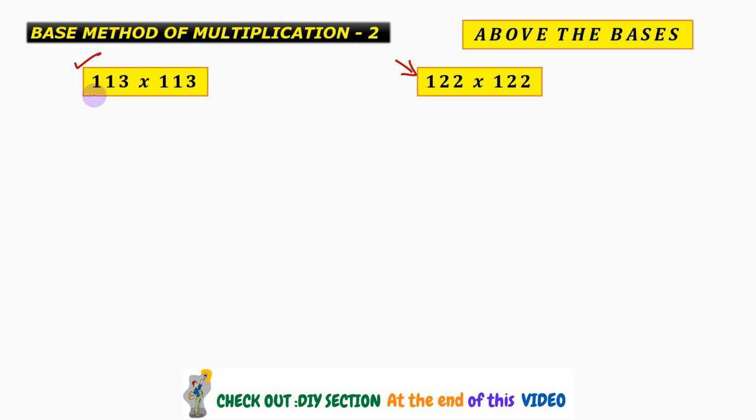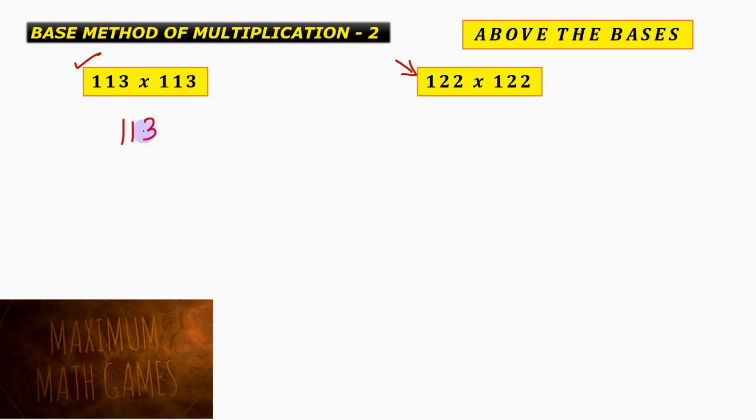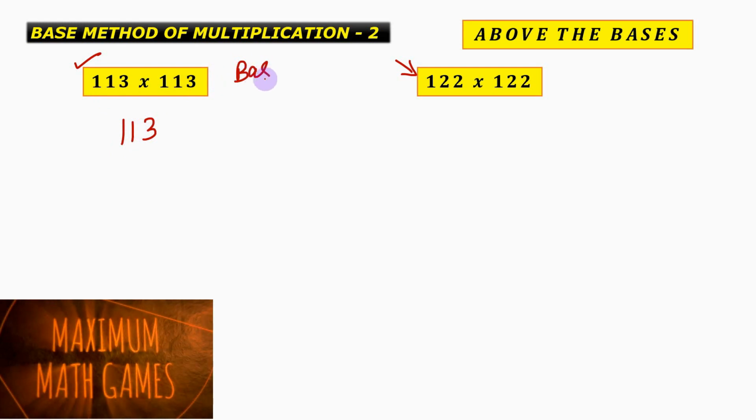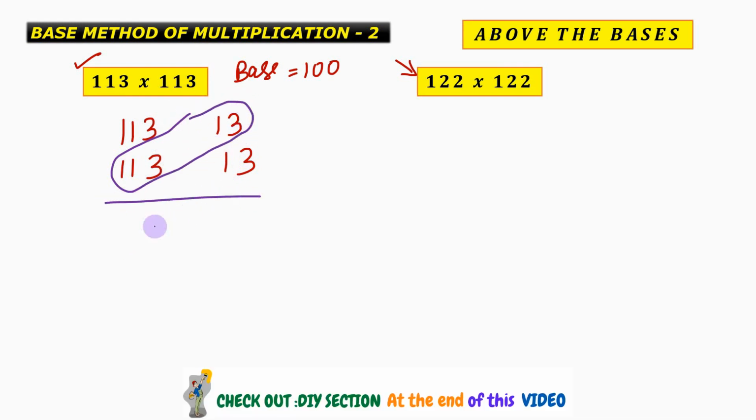Okay, now for the question 113 square, so we write 113. The base here will obviously be equal to 100, so we write 13 over here, and again 113 and we write 13 over here. Now adding these two numbers we get 126, and multiplying 13 into 13 we get